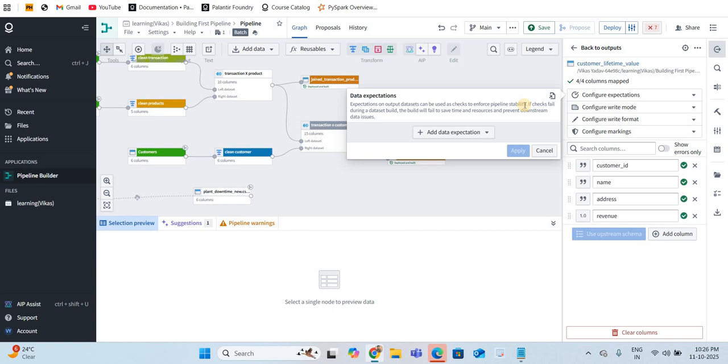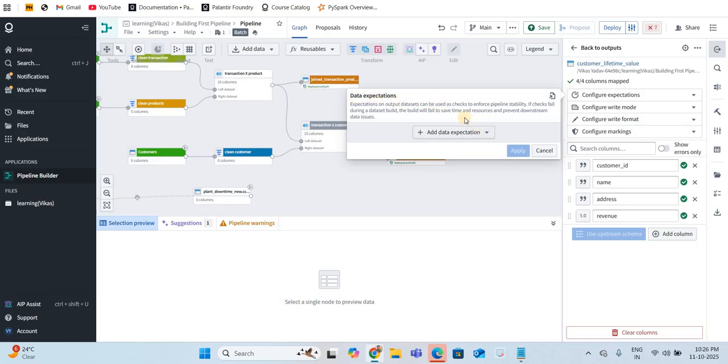Just because there are null or duplicate values in the column which is the primary key. That's the question they will be asking you. So this is the problem, and data expectation is the solution for that, right?